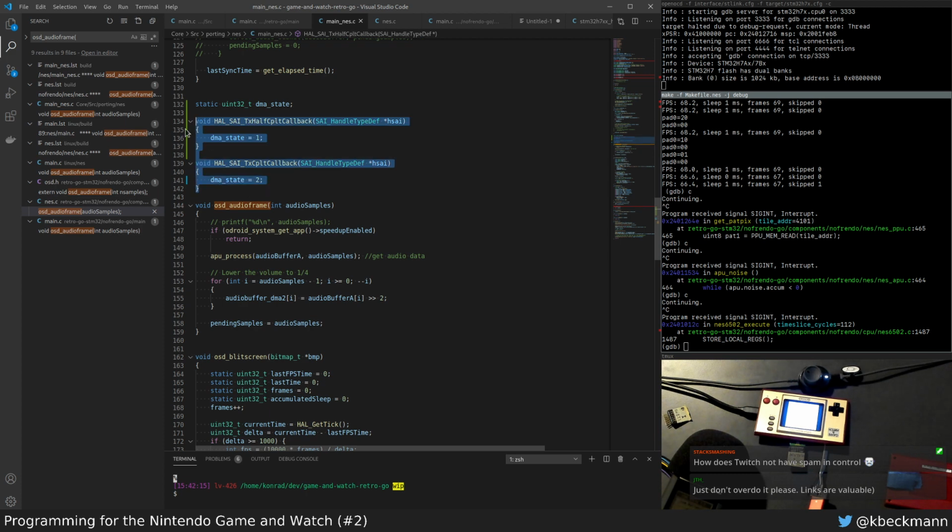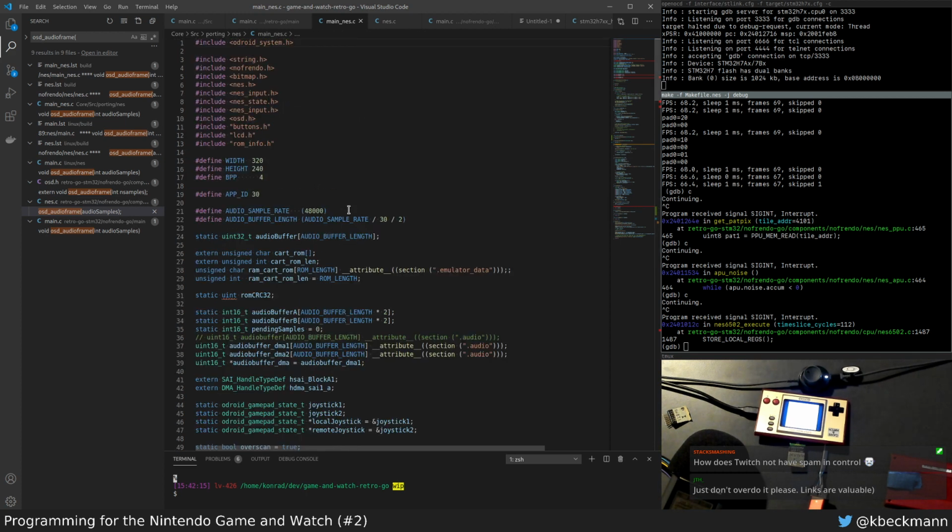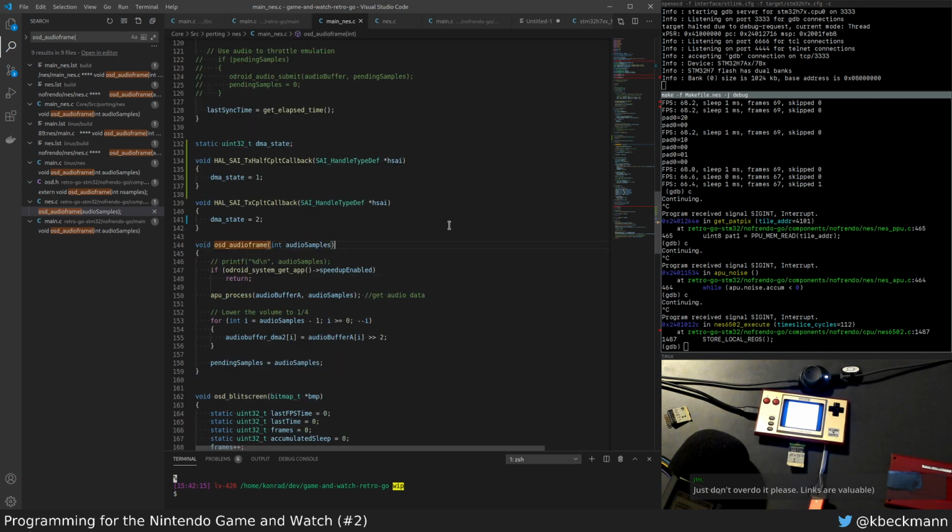So anyway, here we have the DMA states. What do we want to do with those? I think I should increase. This is hard coded to NTSC, so later on we can rewrite this so it works in both 50 and 60 hertz, but for now it's just hard coded. And audio sample rate divided by 30 means that we have room for 2 video frames of audio. And the idea is that we should use,